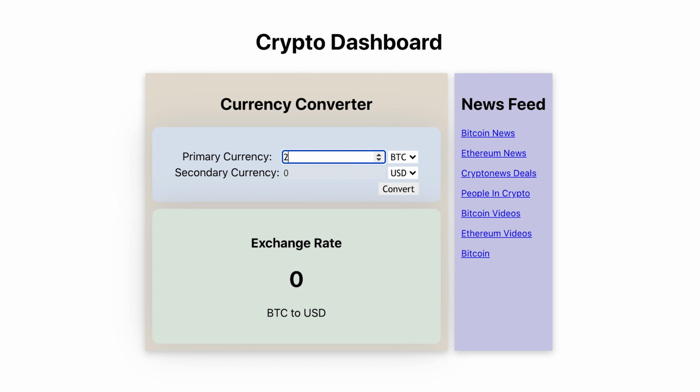Today I'm going to be showing you how to use APIs in order to build out a crypto dashboard. Our crypto dashboard is going to have a currency converter on it, in which we will be selecting from a list of currencies in order to convert one to the other based on a certain amount. We will also have an exchange rate display that will show us the live exchange rate between the two